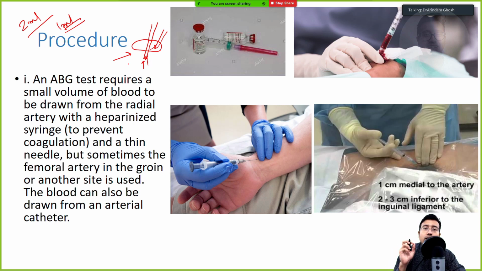So you need to make sure, because this blood has a tendency to clot very fast, right? So you need to add an anticoagulant. How do you add anticoagulant? Normally when we draw venous blood, we draw blood in the syringe and push the blood into vials, and those vials have anticoagulant. So there is some time for us to withdraw the blood and deposit it in the container, then we shake the container so that the anticoagulant gets mixed properly, right? However, even that time is not available for arterial blood gas analysis. So adding anticoagulant after withdrawing is not an option.